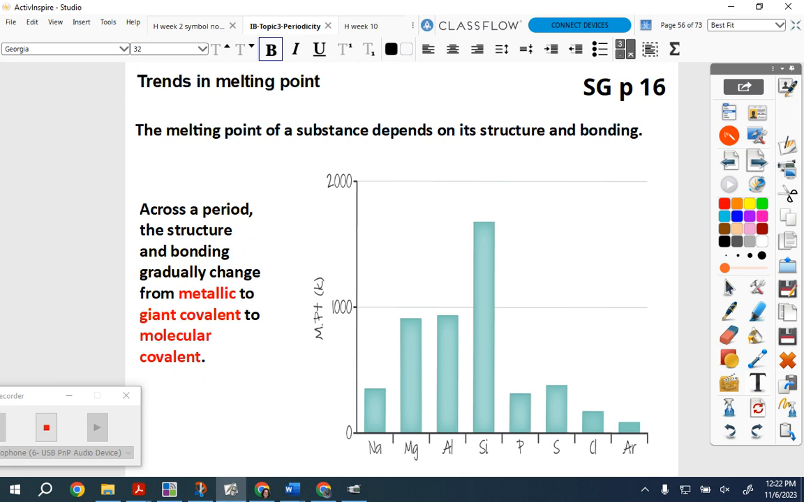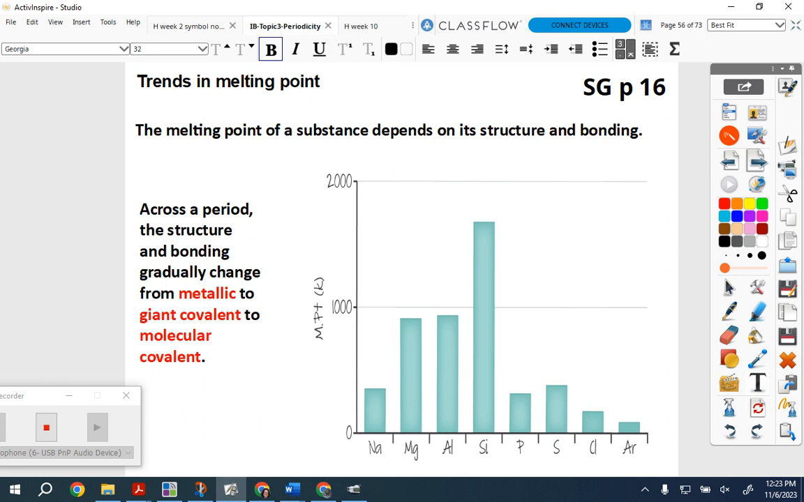We break down some of those forces holding those particles in a particular place, and we let them, they're still touching each other, but we're letting them flow and move past each other. We're giving them translational motion, not just vibrational, rotational movement in place. Okay? And so